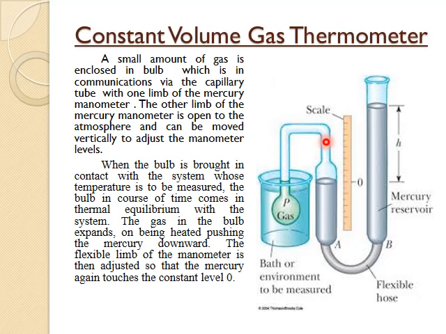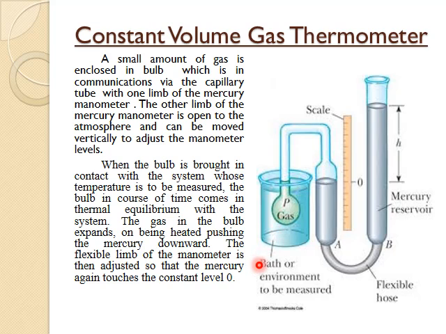It consists of a U-tube manometer. This U-tube manometer is filled with mercury, as you can observe here, and it has two limbs. One limb is exposed to the atmosphere and the other limb is connected to this bulb, which contains a gas, through this capillary tube. So this is the arrangement.